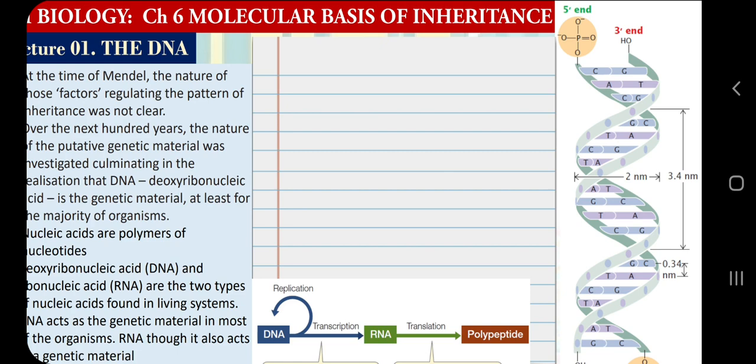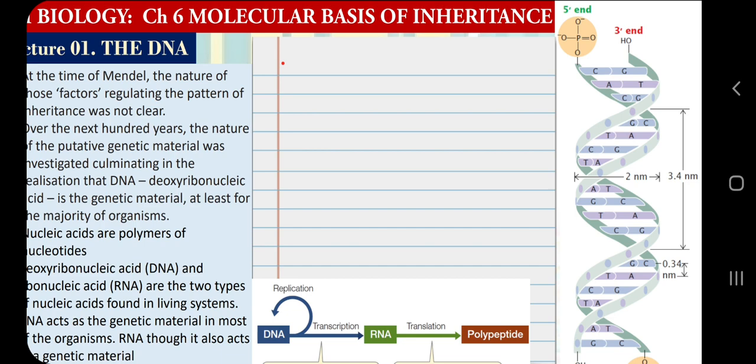What is a chain of nucleotides? In class 11th biology, biomolecules, we learned about bonds, units, macromolecules. There are 4 types of macromolecules in our body: carbohydrates, fats, proteins and nucleic acids. When it comes to nucleic acids, we are talking about DNA and RNA, and these nucleic acids are polymers of nucleotides. What is a nucleotide? As I already discussed, the combination of sugar, base and phosphate.